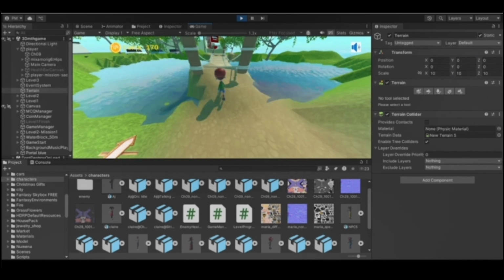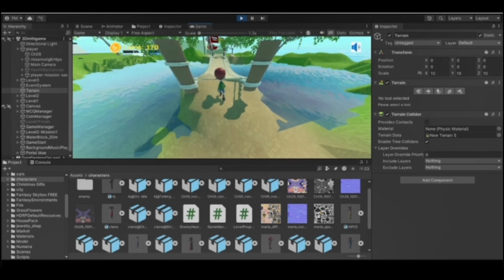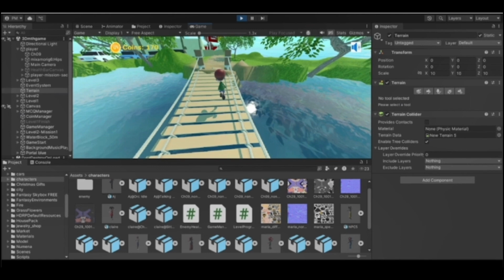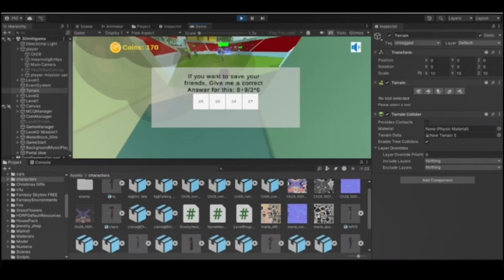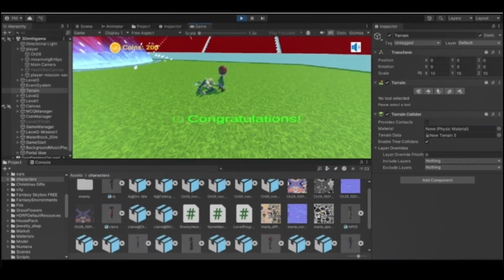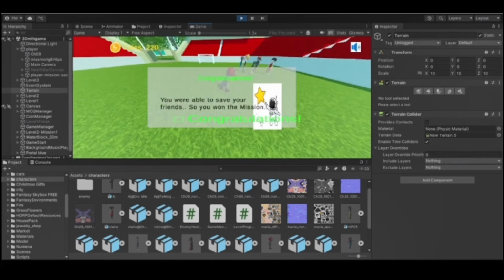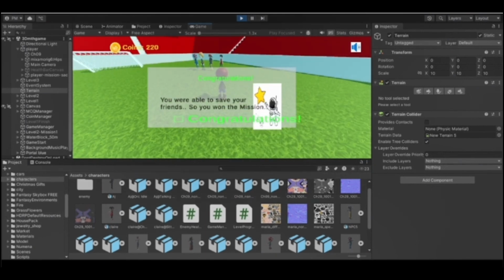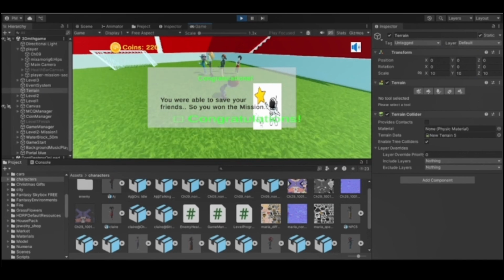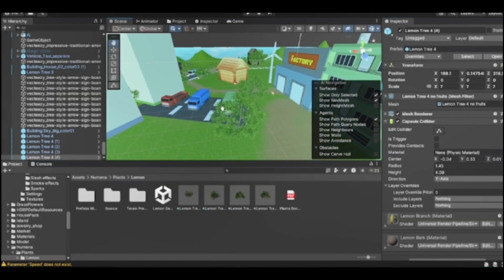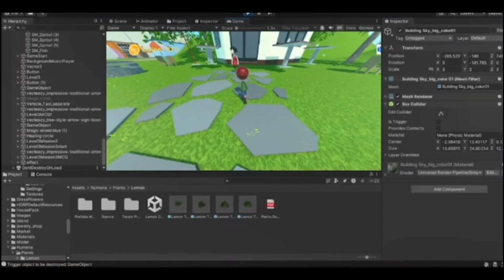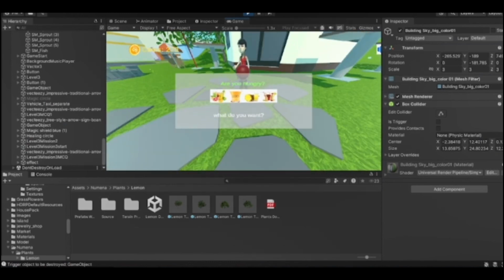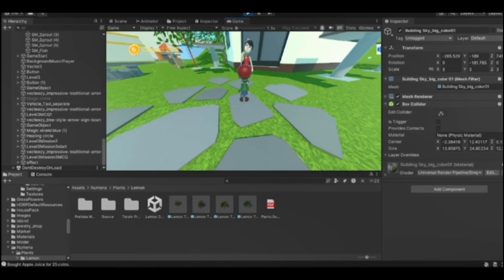We are thinking of creating 2 missions at level 2. This is one mission. You have to answer the question, escape from the enemies and save your friends. In level 2 and level 3, I created tasks to suit each place. For example, like the bill at a car auto service.